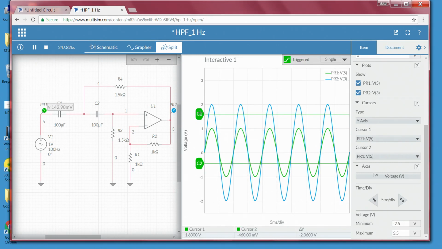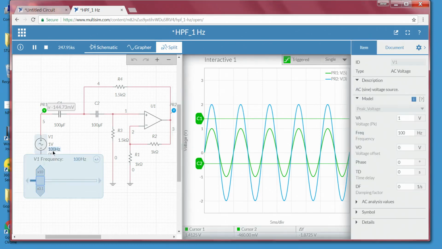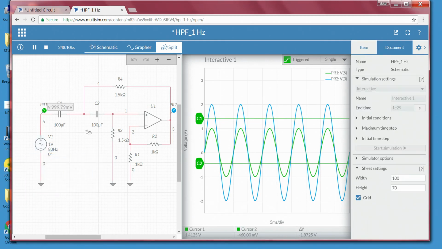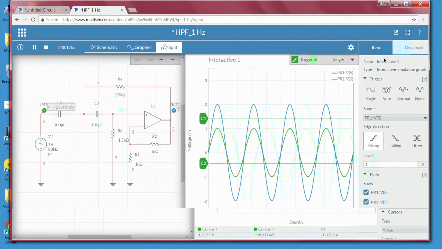If we observe here, this is at 1.6, slowly going to approximately 1.41. Right now I am at 100 hertz, and I will slowly decrease from 100 hertz to 10 millihertz. The frequency at which the input equals this C1 threshold is my cutoff frequency. So, I will decrease slowly with a factor of 20. Go with 80, I am going with 80.